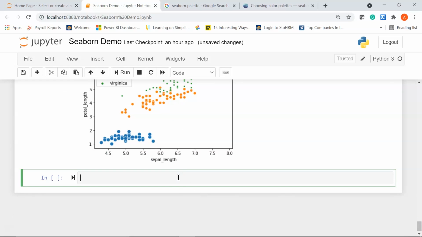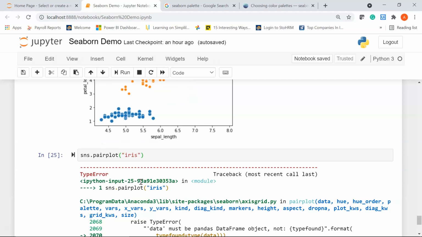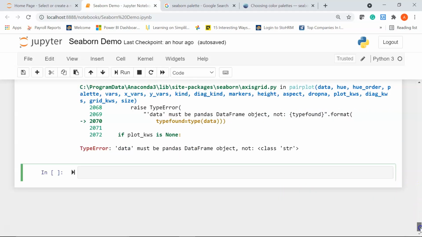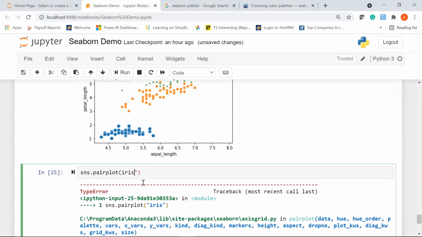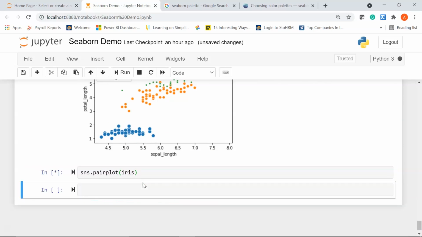Okay. Now the Python Seaborn library lets you visualize data using pair plots that produce a matrix of relationships between each variable in the dataset. So let me show you how to create a pair plot. I'll say sns dot pairplot, which is the function. Then I'll pass in my data frame name, that is iris. I'll put this iris data frame within double quotes and we'll run it. Okay, there is some error here. Let's debug the error. Data must be a pandas data frame. Okay, what I'll do is remove the double quotes and we'll run it.